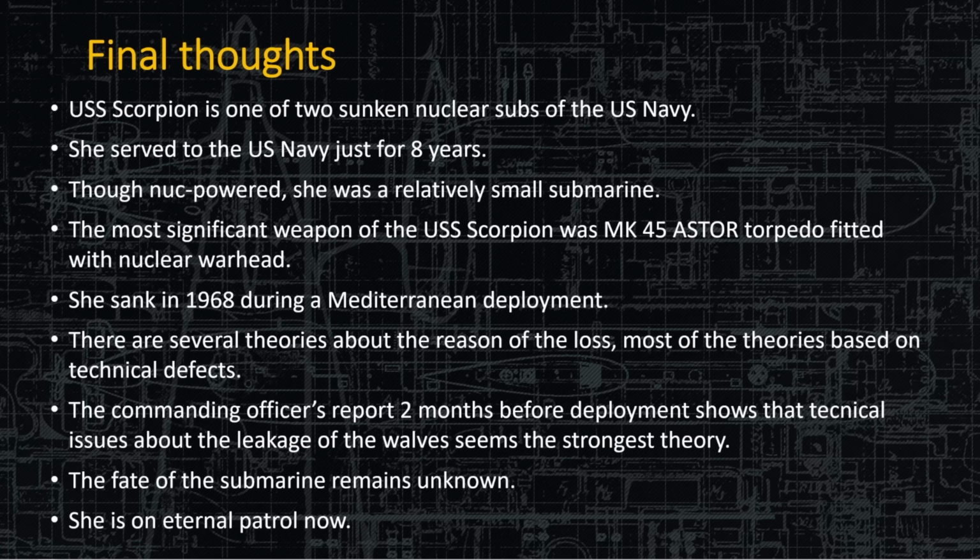But going back to the Scorpion, this is the most significant weapon loss because there was a Mark 45 Astor torpedo fitted with a nuclear warhead on board that's sitting 400 miles, 10,000 feet down from the Azores. She sank after the Mediterranean deployment, as it says here. The commanding officer did report that there was technical issues, including leakage from valves in the submarine. I think the TDU is a very likely